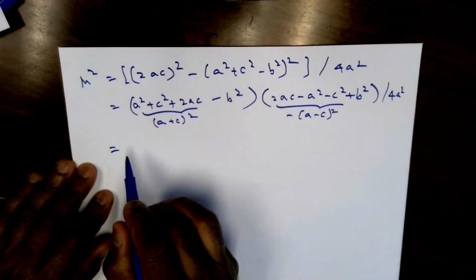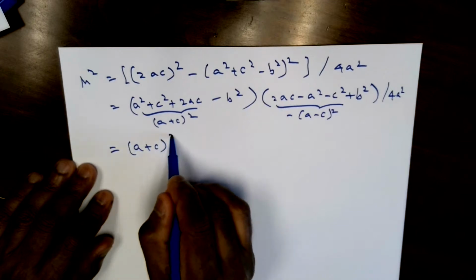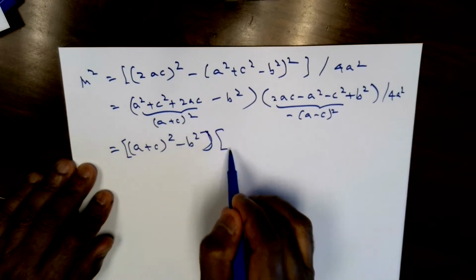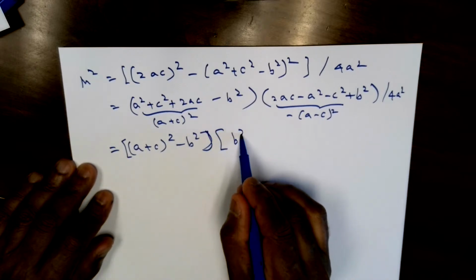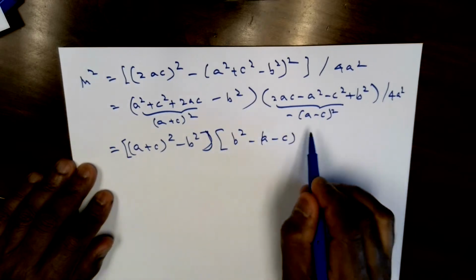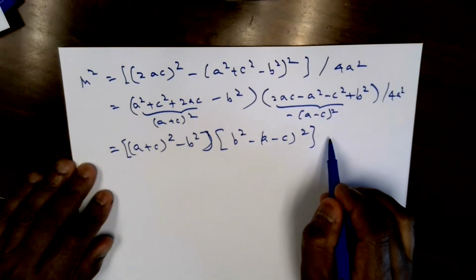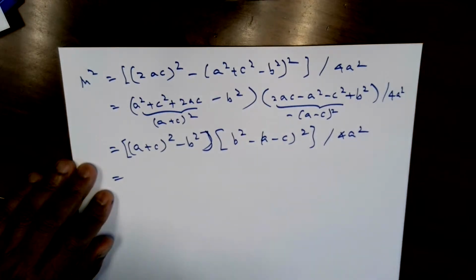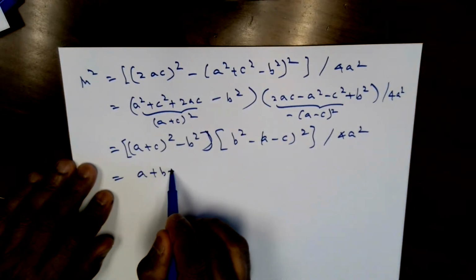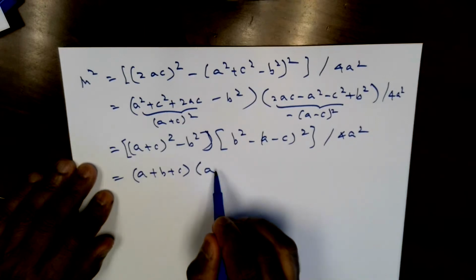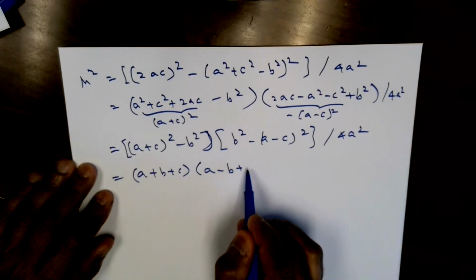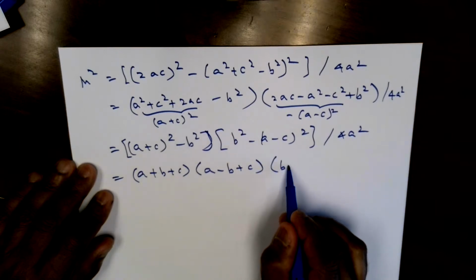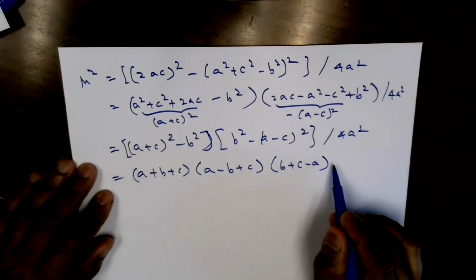So we can write this as a plus c the whole squared minus b squared, multiplied by b squared minus a minus c the whole squared, over 4a squared. Again, using sum and difference, you get a plus b plus c multiplied by a minus b plus c, and here you get b plus c minus a,